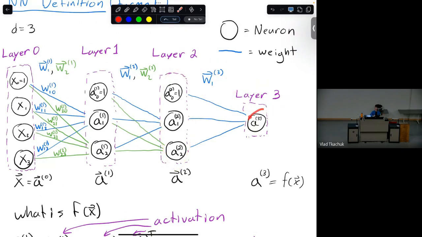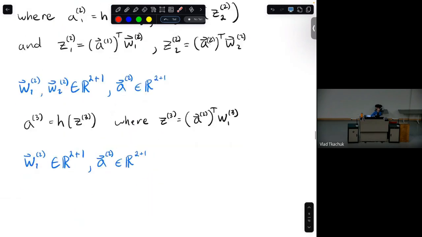But the difference is that this new activation, the final activation, is of dimension 1. So it's just an R1, R. And that would be R3. Okay, so this is a pretty instructive example to see what's going on. What I'm going to do next is step through the more general version of what the neural network stuff looks like.